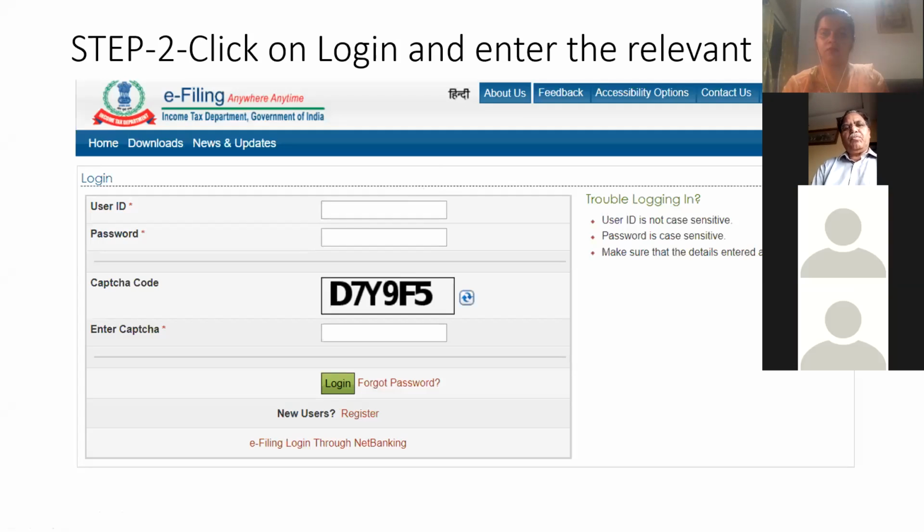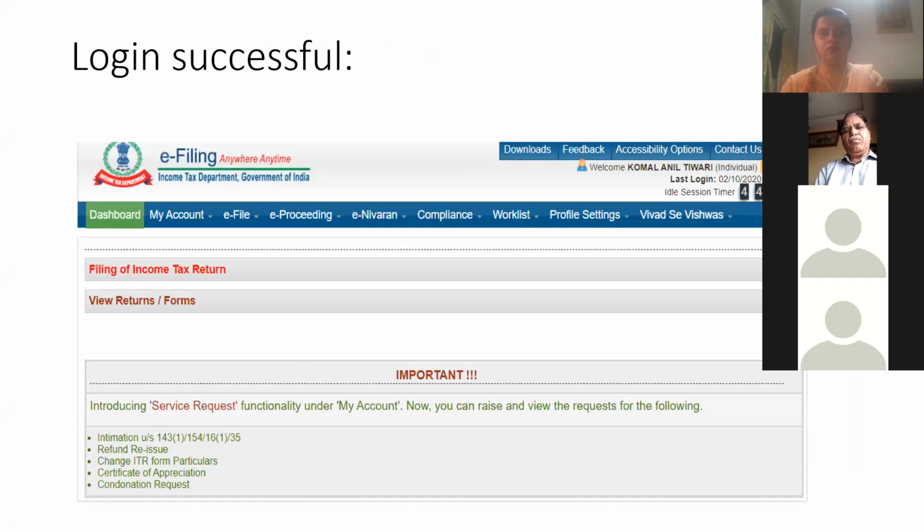And in that case, then you will have to register. That is altogether a different process. So we are here talking about the login. So I assume you already have created your password. You have to enter your password over here, and you have to enter the CAPTCHA code which will be available, and then you have to log in. So after login, this is the first page which will appear in front of you. So this is the first page after login, which you will be able to see.